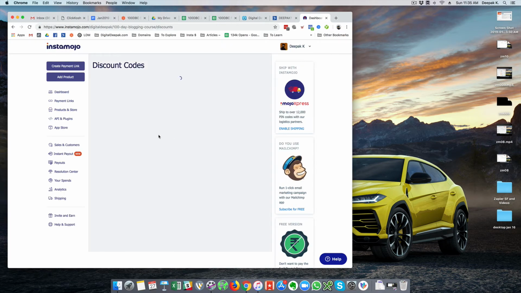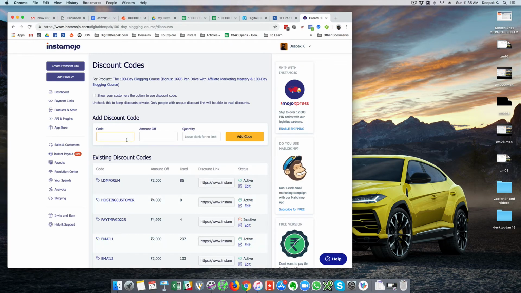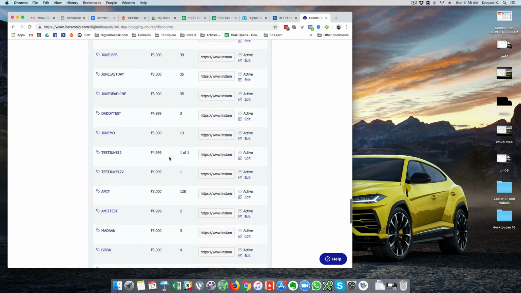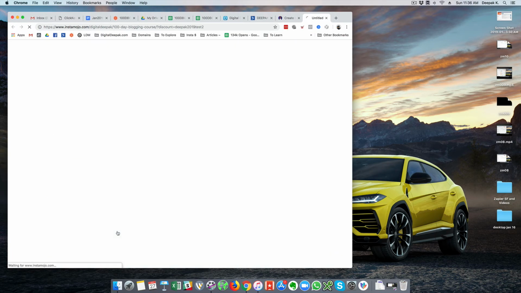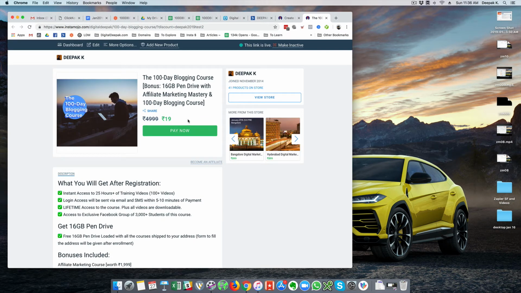So let me create a discount code. The code would be Deepak 2019 test 2, and the amount would be 4,980, and I would leave the quantity as 1. What I'm going to do here is a small transaction of 19 rupees.